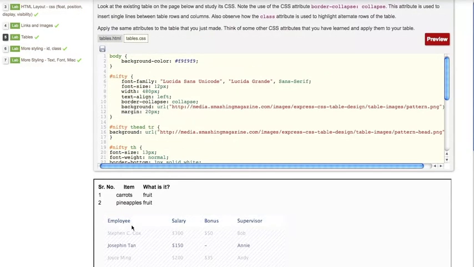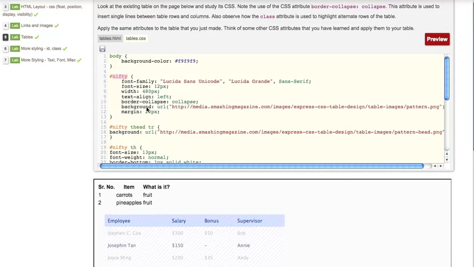Now let's look at the CSS file. This table has an ID called nifty. So here it is, we are assigning some styles for the ID nifty. By using the font-family attribute, we are suggesting that a different font should be used for content in this table, right? We are specifying a font size, we are specifying a width of the table, we are aligning the text. So text-align left essentially means that the text should be left aligned, just like you have in a word processor.